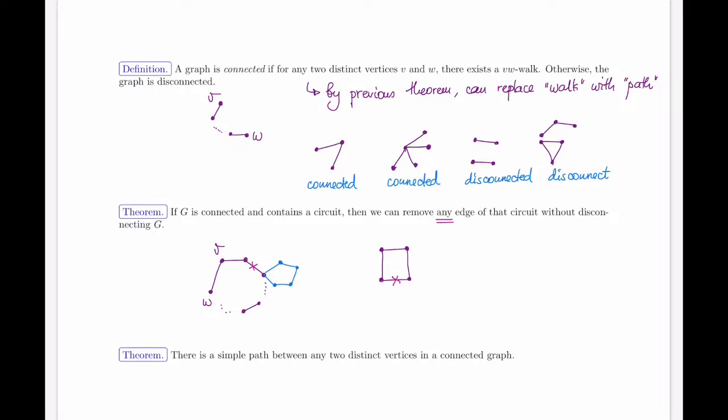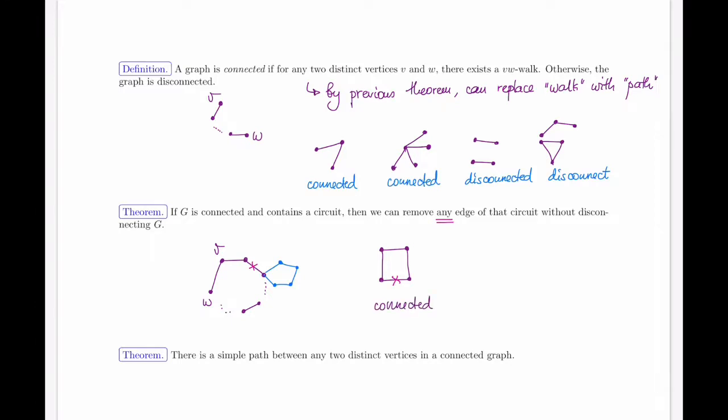Now, in a sense, my original graph is connected better, or kind of stronger, because between any two vertices, there isn't just a single path. There's actually two different paths. I can go there this way, or I can go there this way. Once this edge is severed, there's only one path between any two vertices, right? So after I've cut this out and I've left my four vertices, there's only one way I can get from one vertex to the next, but I can still get there, so it's still connected, okay? So this is still connected.